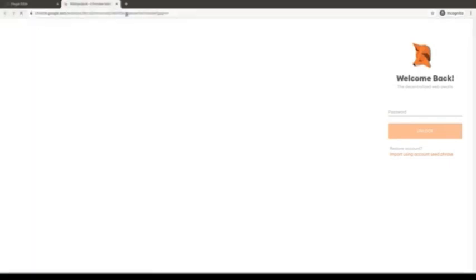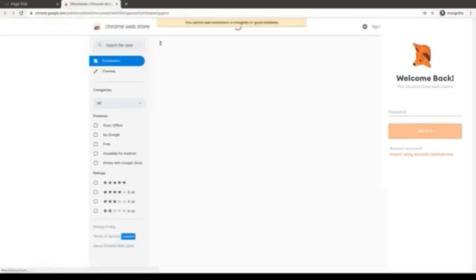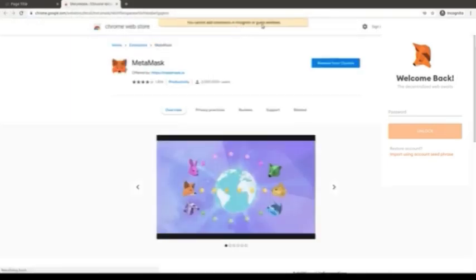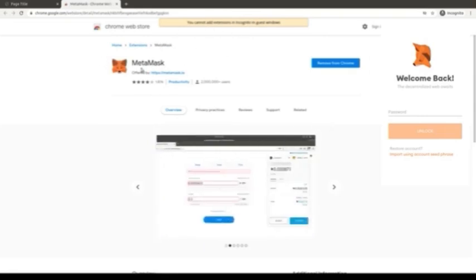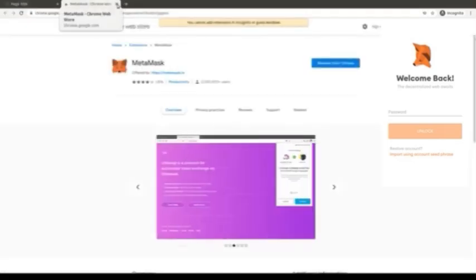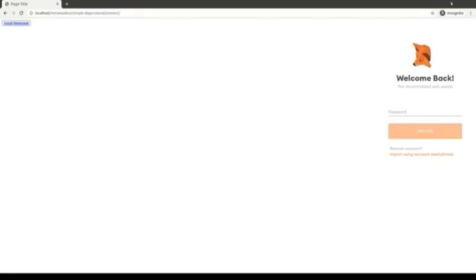If I click on it, we get redirected to Google Chrome, and, well, I'm in incognito mode so I cannot do this, but usually the user clicks on this link, then the Chrome Web Store pops up and he can install Metamask. This is the idea behind this. Let's go back here to my original. And when our browser detects Ethereum, then we can